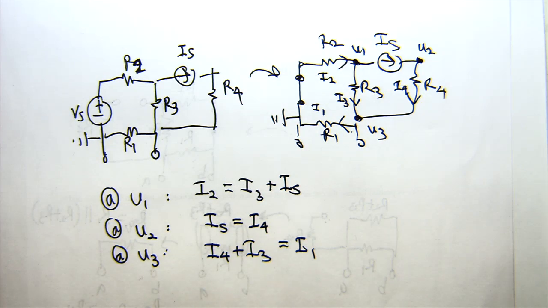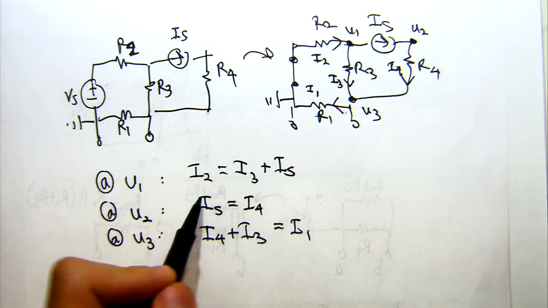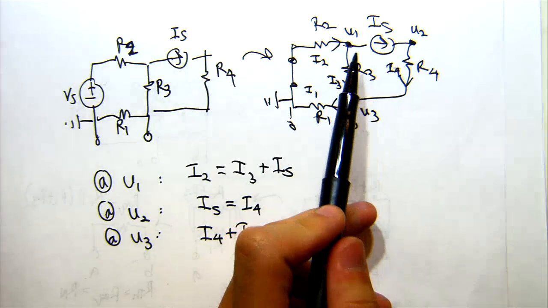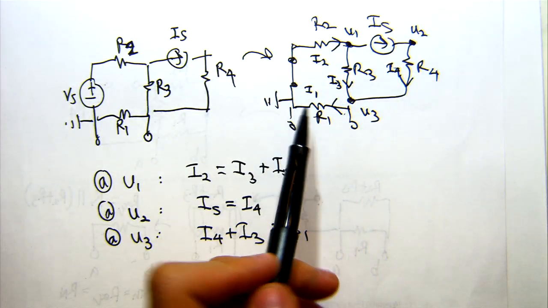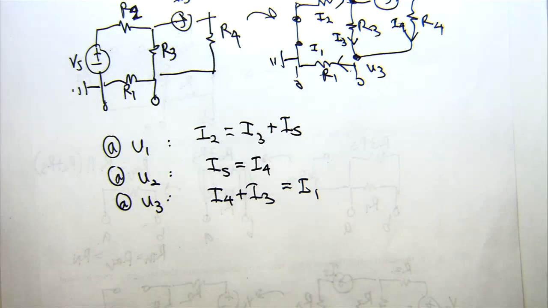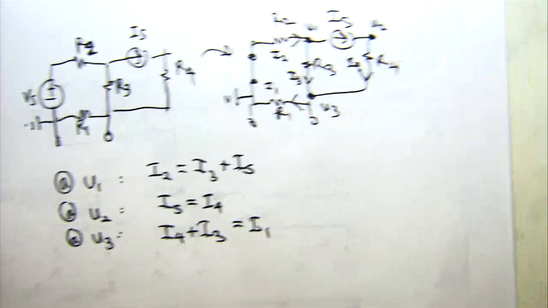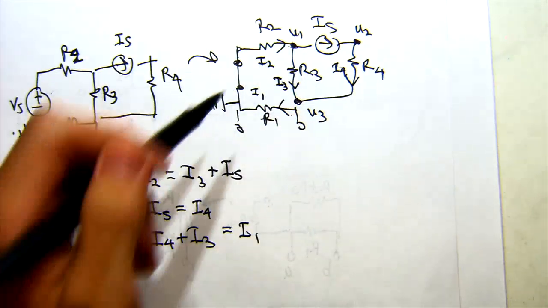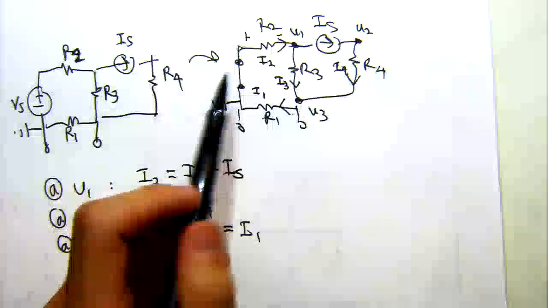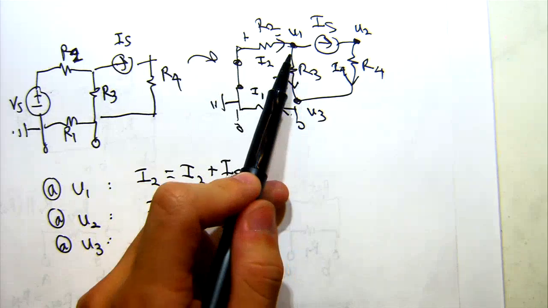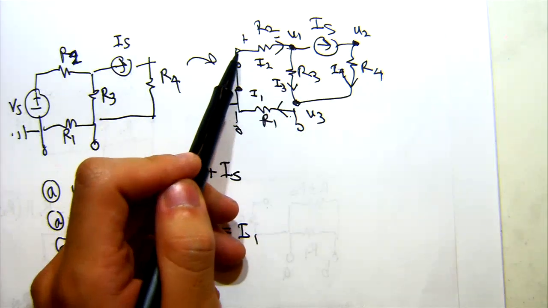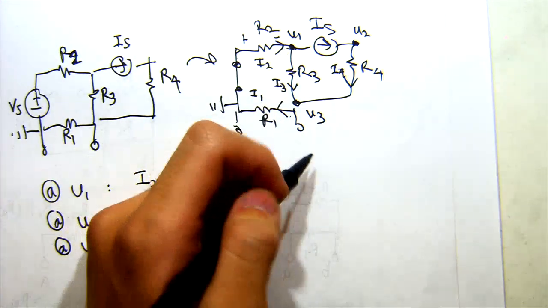So now that we have these 3 KCL equations, we want to substitute each of these current terms with expressions involving node voltages. In particular, we're going to be using U1, U2, U3, and ground, which is 0 volts, to fill these in. So let's say we take that, here, I'll write to the side. If we look at I2, I2 goes from ground to the U1 node. If I do the passive sign convention labeling, I start at this plus 0 volts and go to U1. So the branch voltage there would be this ground node voltage, which is 0 volts, minus U1.